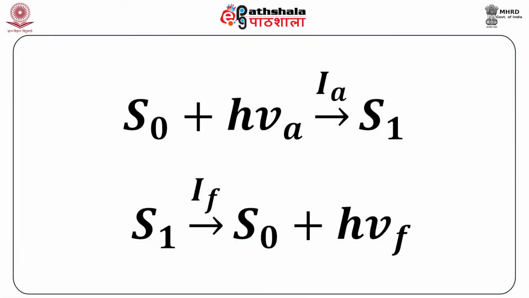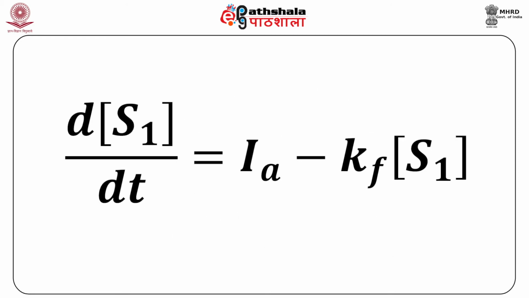The first one is S0 plus h nu of absorption, and with an intensity IA it goes to S1, and then S1 undergoes fluorescence with an intensity IF, giving you S0 back plus h nu, the frequency of fluorescence nu f. The rate of disappearance of the excited state S1 molecules is given by, as usual in kinetics, dS1 by dt is equal to IA, because this is the process whereby it is formed, and minus Kf into S1,